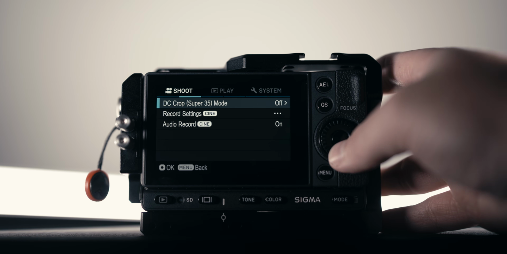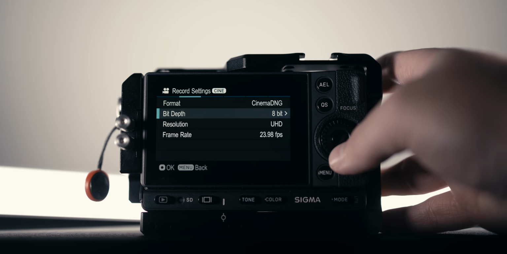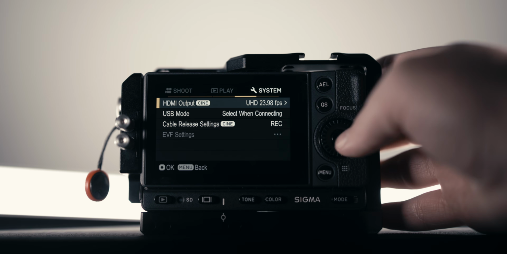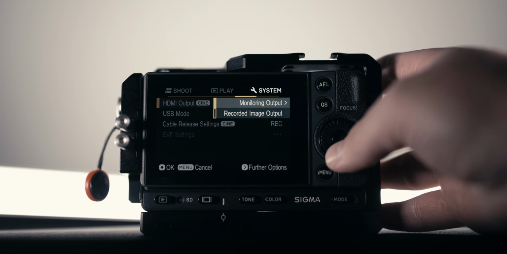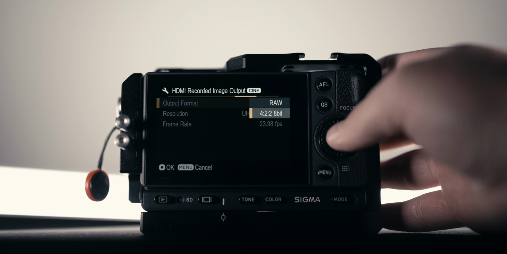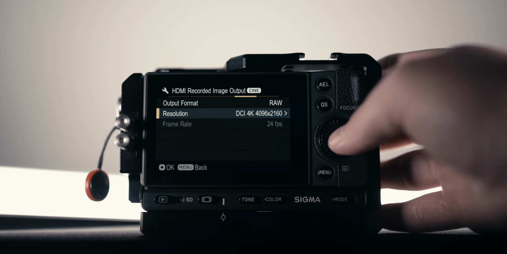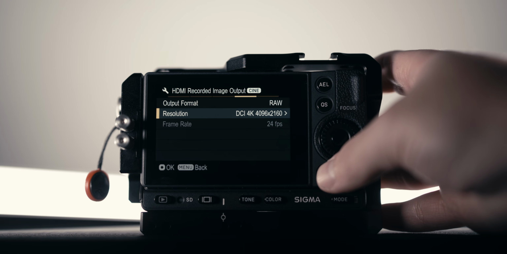Starting first, we'll go ahead and dive in talking about the resolution, the codec, and the frame rates I'm primarily using with the Sigma FP on these projects. Now, primarily with the Sigma FP, especially if I don't need slow motion, I'm going to be shooting in 4K, which is the UHD option. Now, if I'm shooting on the Blackmagic Video Assist, I will use 4K DCI, and I'll put somewhere on the screen how you access the menu on how to determine what resolution you want to shoot on the Blackmagic Video Assist. Now, if I do need to use slow motion, I will go down to 1080p,